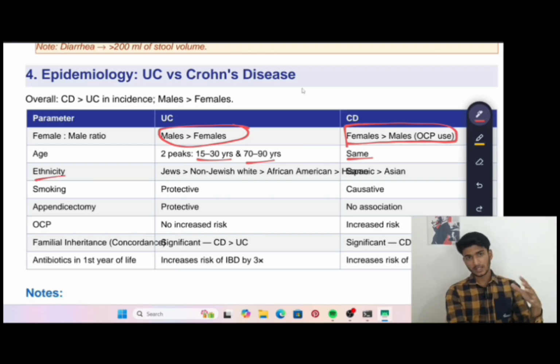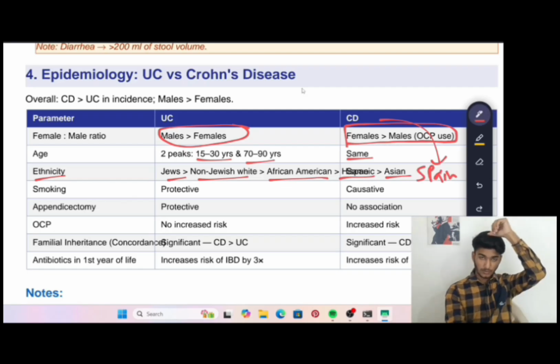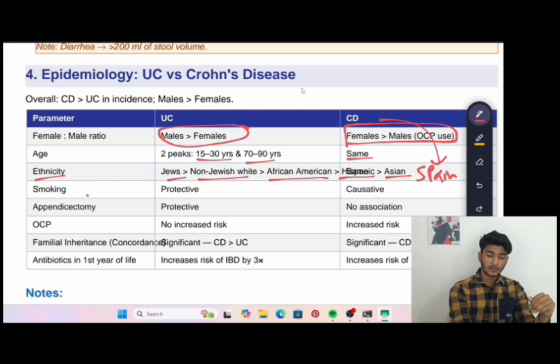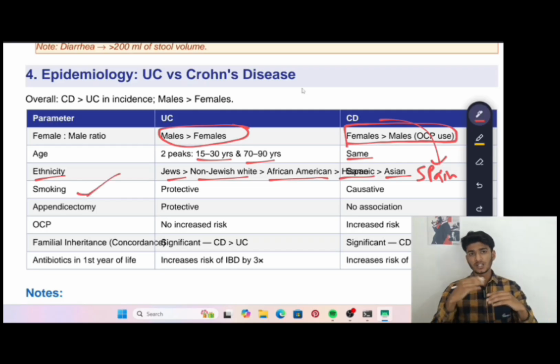Ethnicity first: the most affected people in ulcerative colitis were Jewish, then non-Jewish white, then African American, then Hispanic, then Asian. But in Crohn's disease, the most affected people were Spanish, the people belonging to Spain. Then smoking. Smoking will act as a protective agent in ulcerative colitis, but it will act as a causative agent in Crohn's